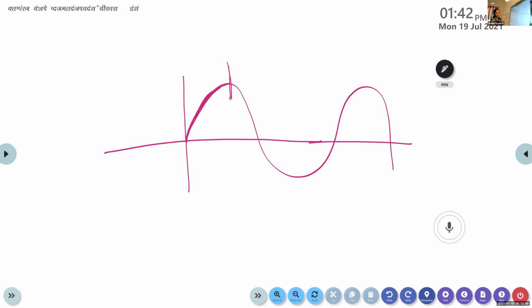If you look into the graph, this is increasing here. As x is increasing, f of x is also increasing. But after reaching a maximum value, what happened? X value is increasing. Yes, Gauri, it is decreasing, isn't it? So initially it is increasing, then it comes decreasing. When it changes from increasing to decreasing, at that point there is a turning point. Here you can find one turning point.